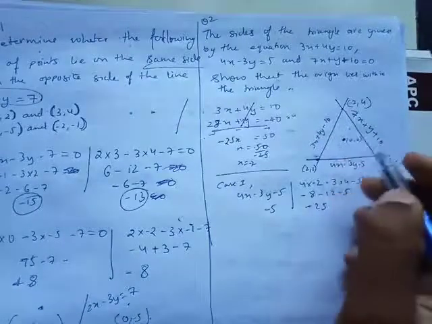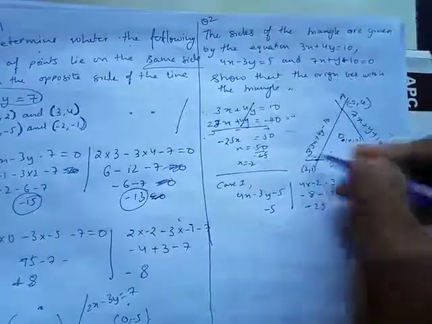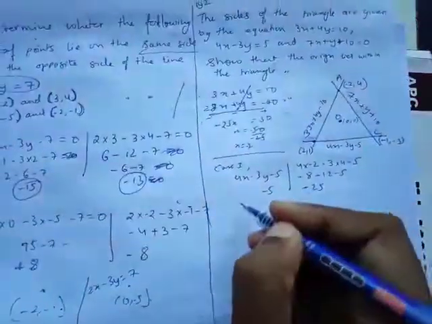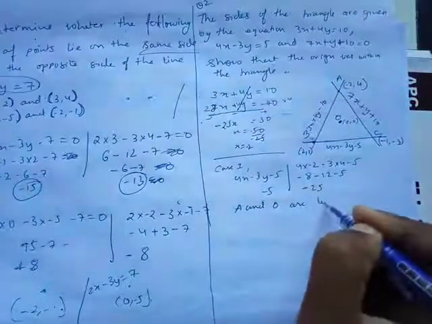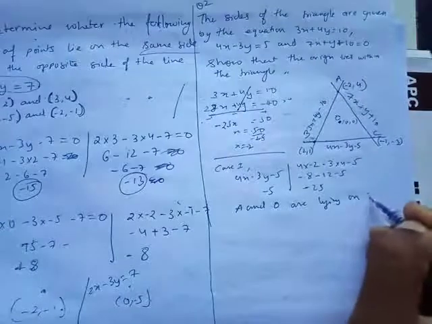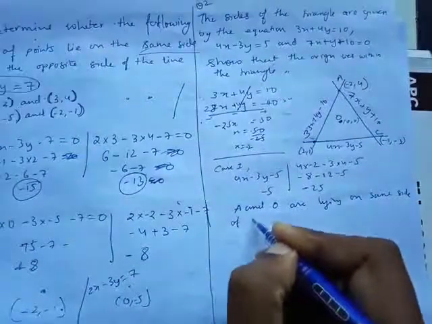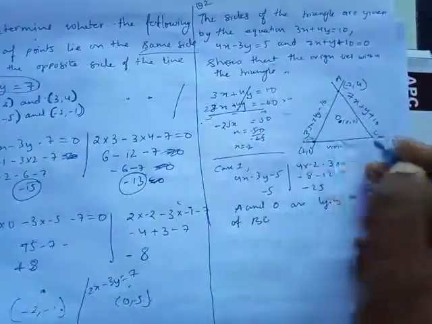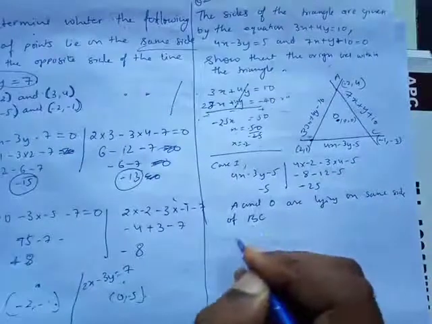Okay, they are lying, that point O, let's say point O, and this is A, this is B and C. So I can say A and O are lying on the same side of BC. BC के सेम साइड में है, ठीक है, इतना आ गया। और फिर मैं कौन सी लाइन लूँगा, केस 2।